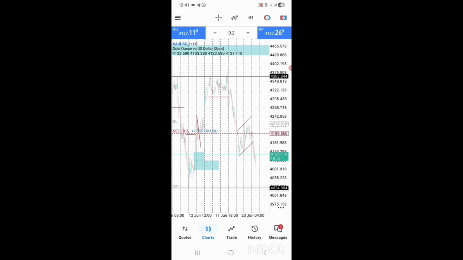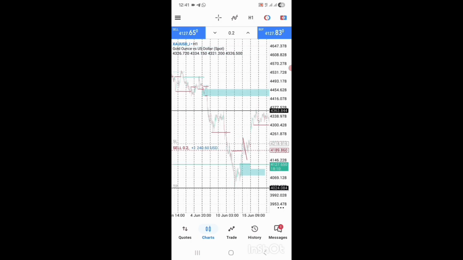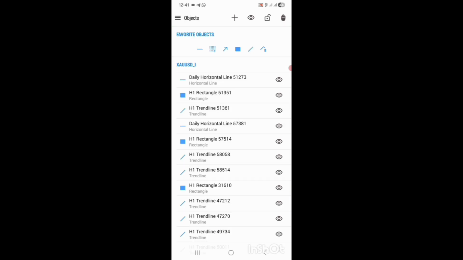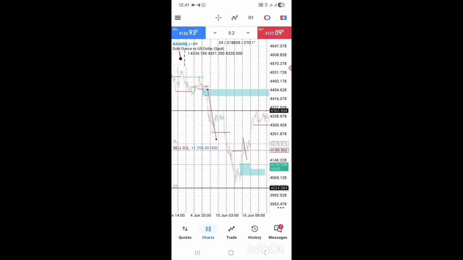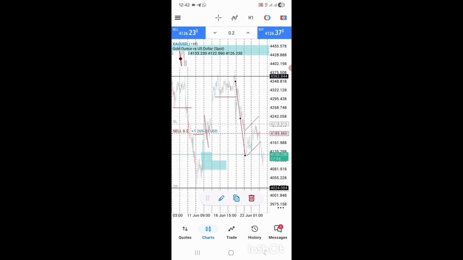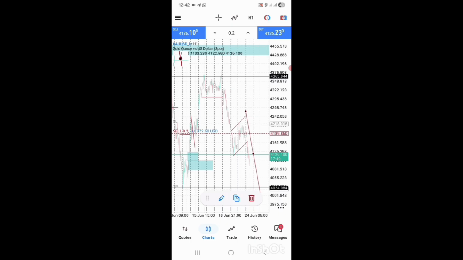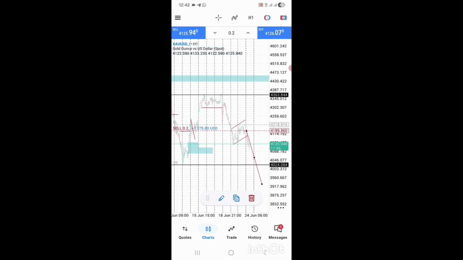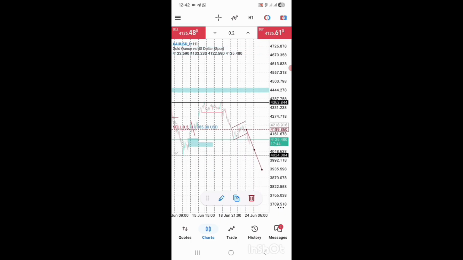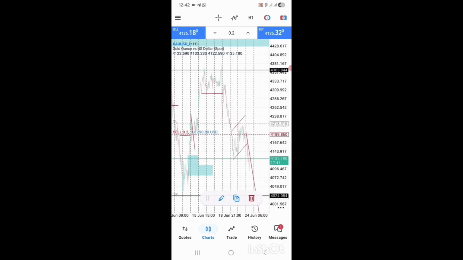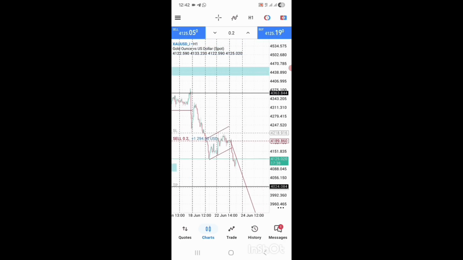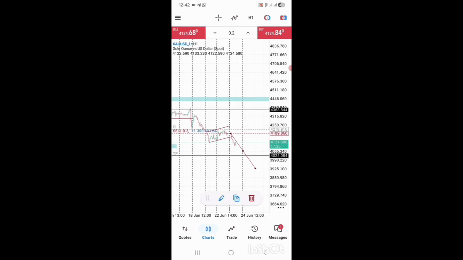So I'm waiting for it to at least do the same way it continued, like the movement it did here. The movement it did there was more or less the movement it did here. See? So I'm waiting for this movement it did here to be the movement it does here. So let's see where it goes and what it does. Fingers crossed.